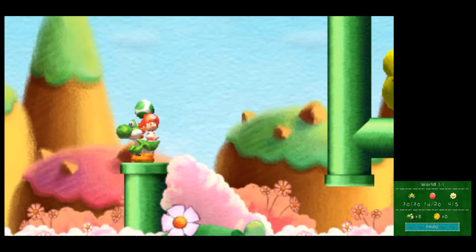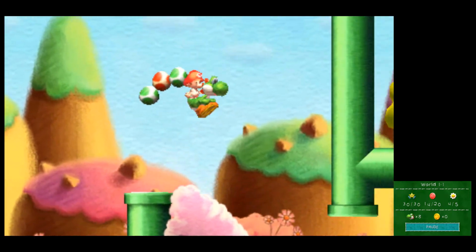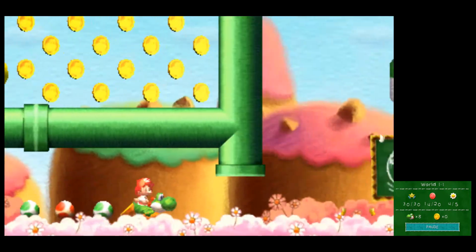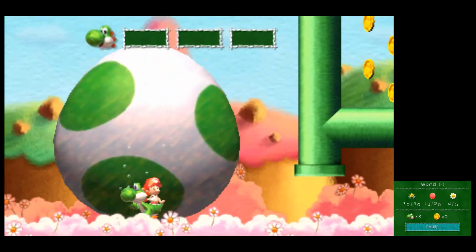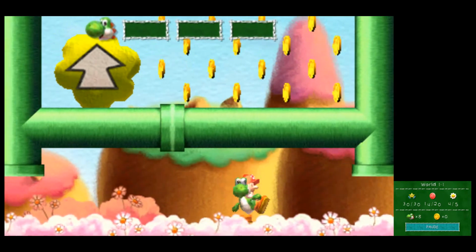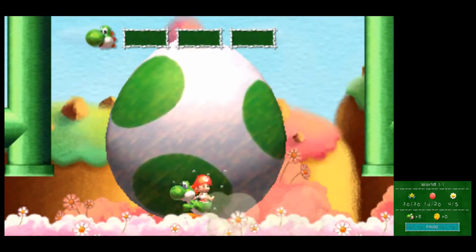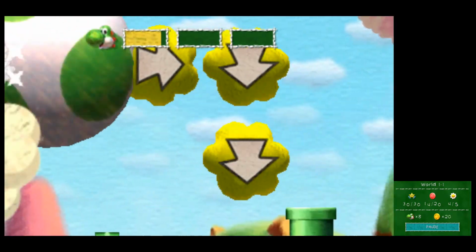Who did they get to do this game? Because Nintendo's weird. They're like having random studios just make sequels to their old beloved classics, right? Wow. Okay, that's an Omega egg. Oops, enormous eggs can't fit these small spaces. I was surprised they introduced these enormous eggs before the giant eggs even. Holy crap. Okay, well...